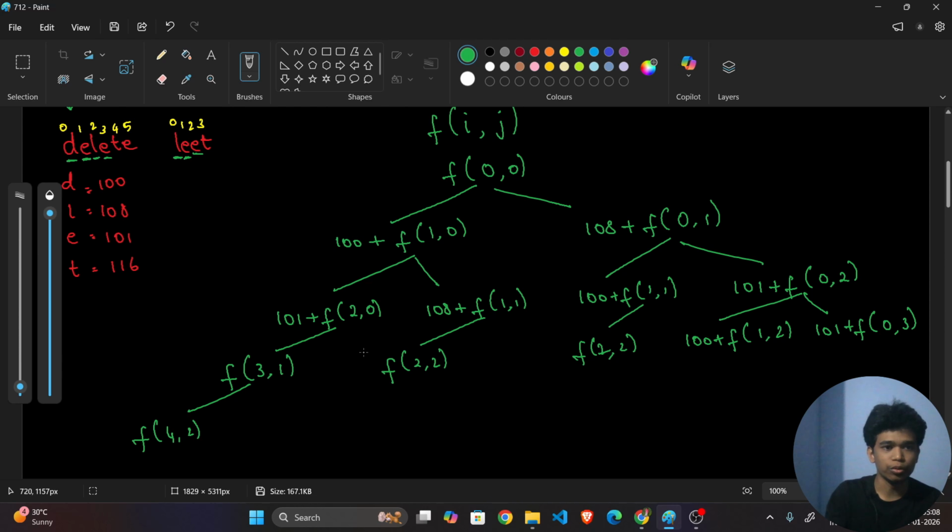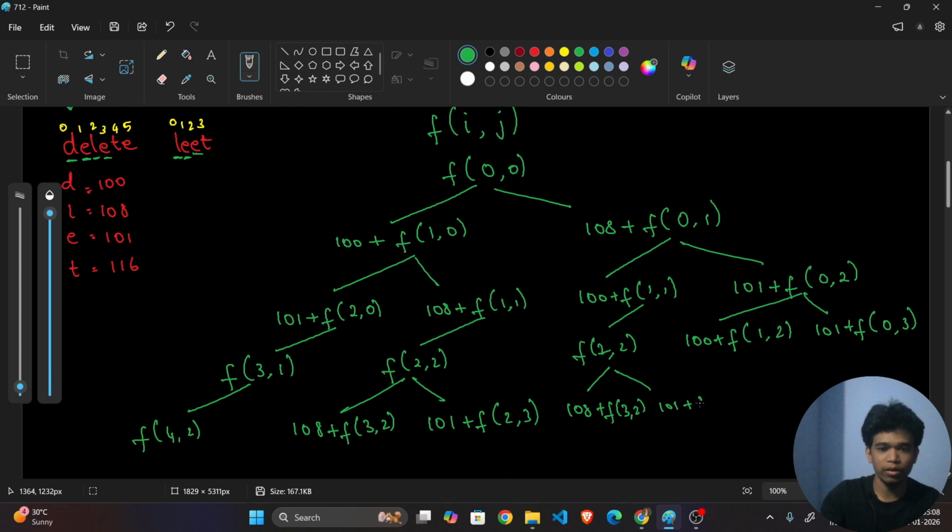Here 2, 2. 2 is L and here 2 is E. So here I have two choices. Either I can delete L. If I delete L, it will be 108 plus f of 3 comma 2. If I delete E, then it will be 101 plus f of 2 comma 3. Okay, here also similarly 108 plus f of 3 comma 2, and here it will be 101 plus f of